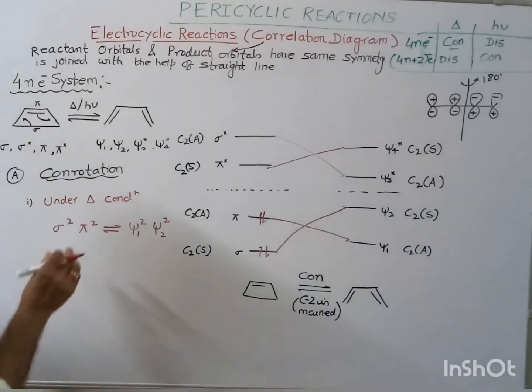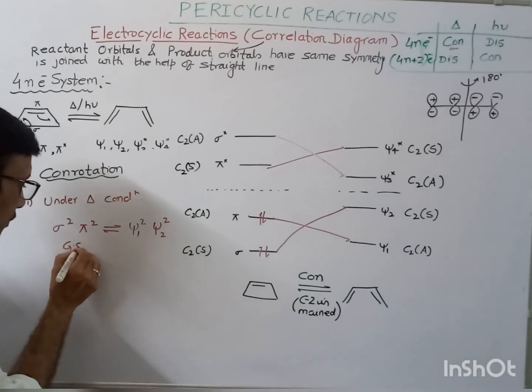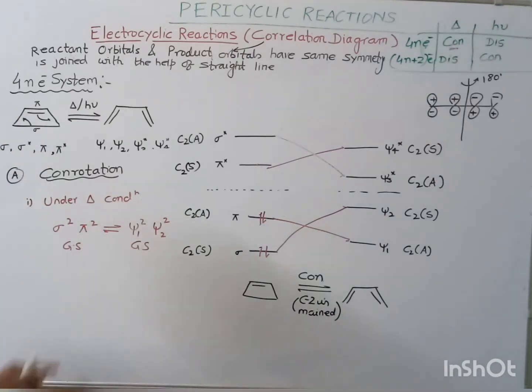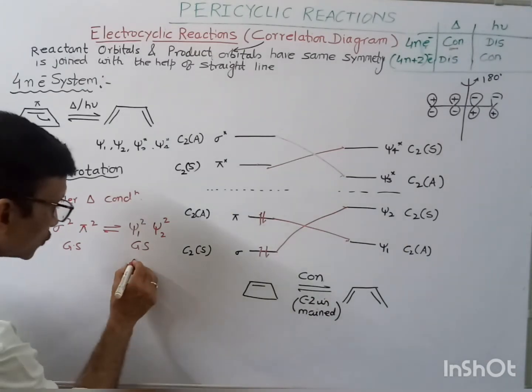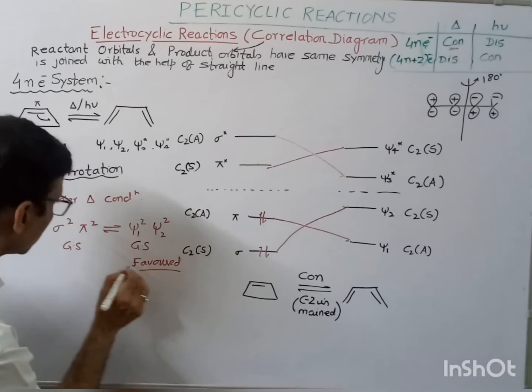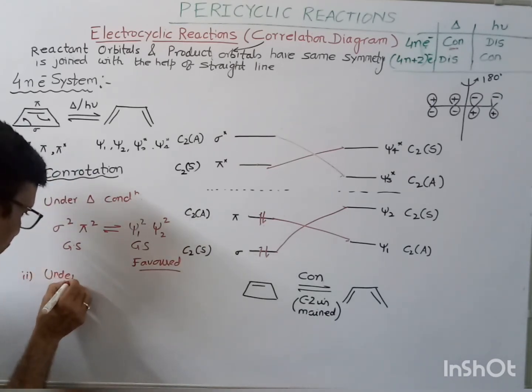So you will see that this is the ground state and this is also the ground state. Both are ground states. So this is energetically favored. This process is favored. Whereas if you see under photochemical condition,